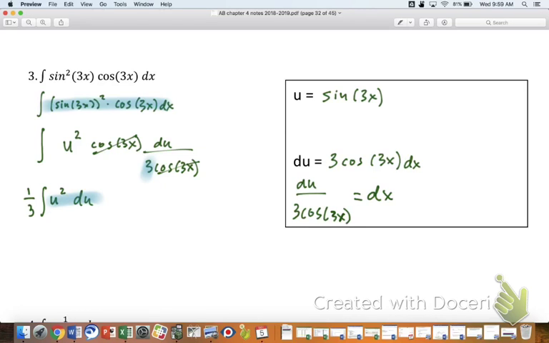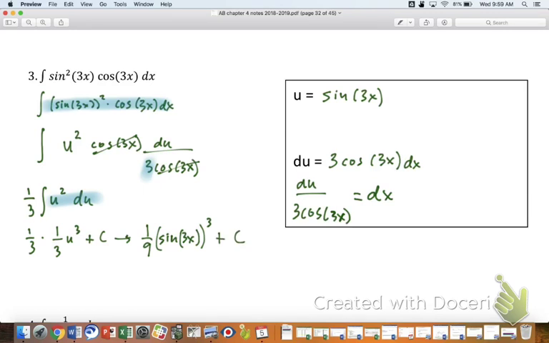Okay, so once you've done this, we're going to just kind of proceed as we have been. We're going to write 1/3 times the antiderivative, which would be 1/3 u cubed plus c. And my final step would just be to plug back in what my u is. So it'd be 1/9 sine of 3x quantity cubed